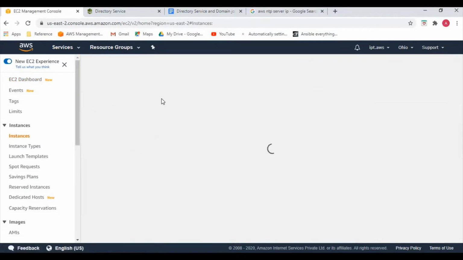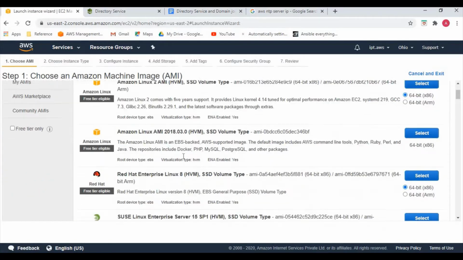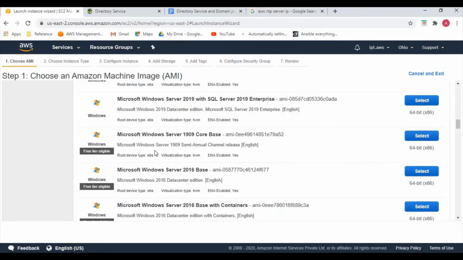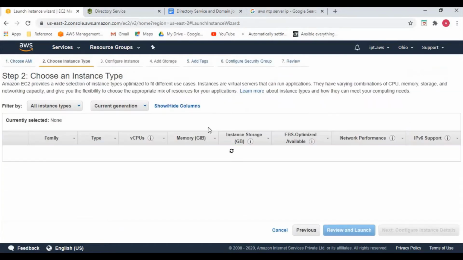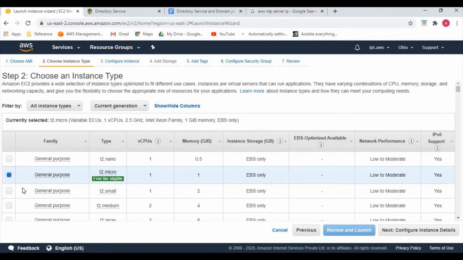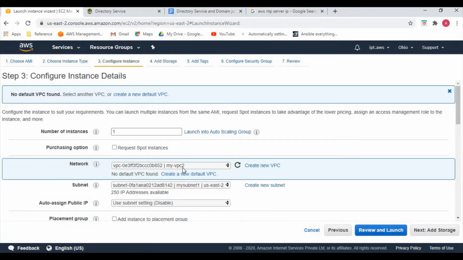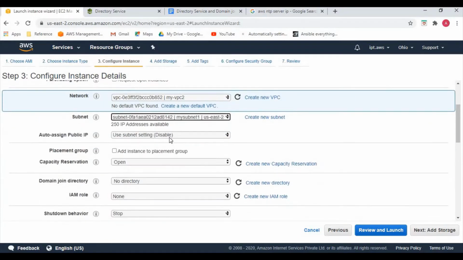So we'll be creating two servers, one for Windows and one for Linux. So here we'll be selecting our VPC that we have created and subnet, and we'll enable the public IP since we'll be connecting from outside.